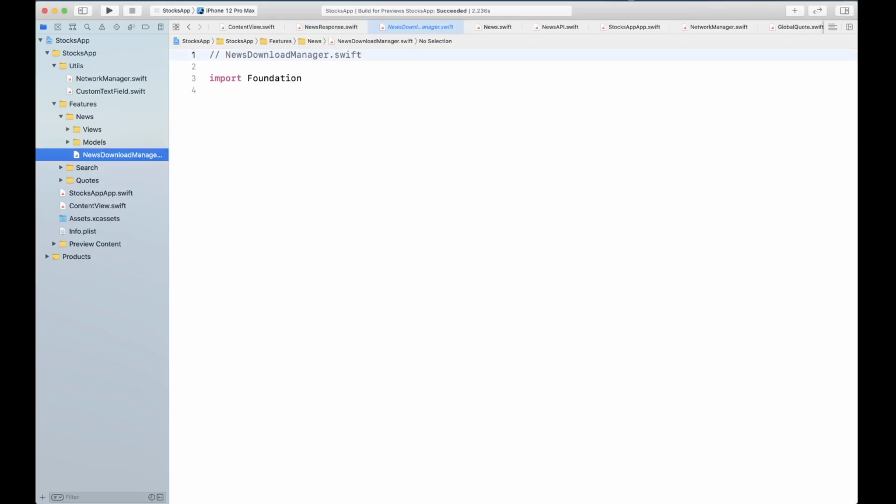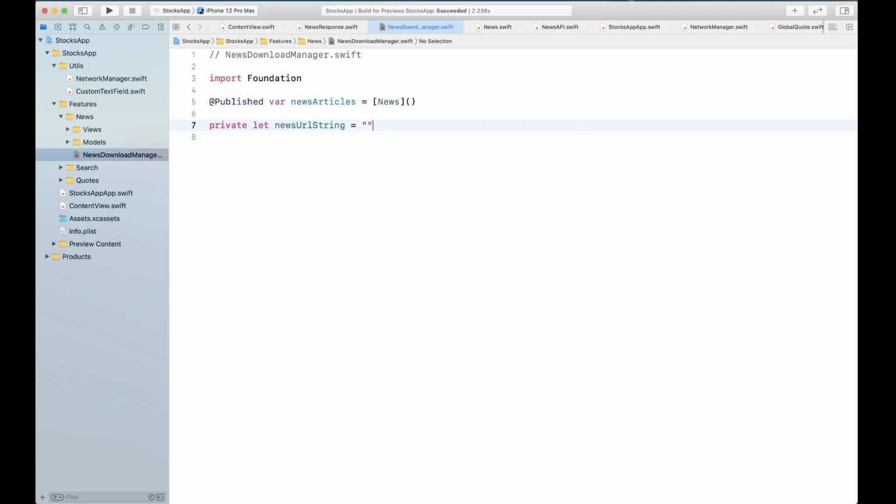Now this is going to be the download manager, which is going to be responsible for downloading the news API response. It's going to have a published variable called news articles. This is going to be an array of the news model that we created. And then we're going to have a private let news URL string.